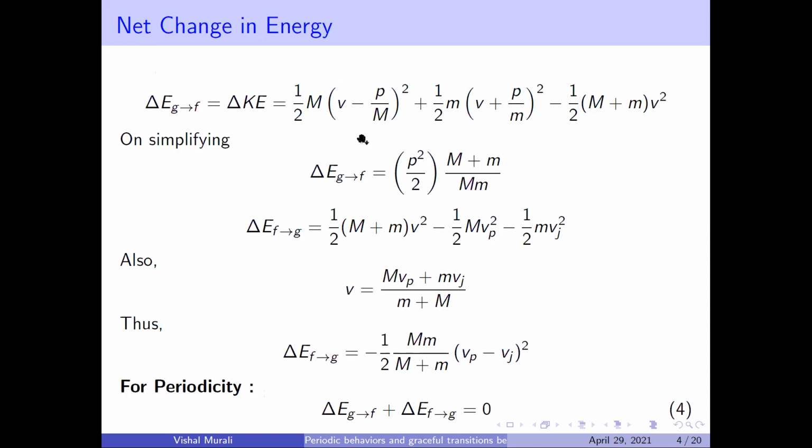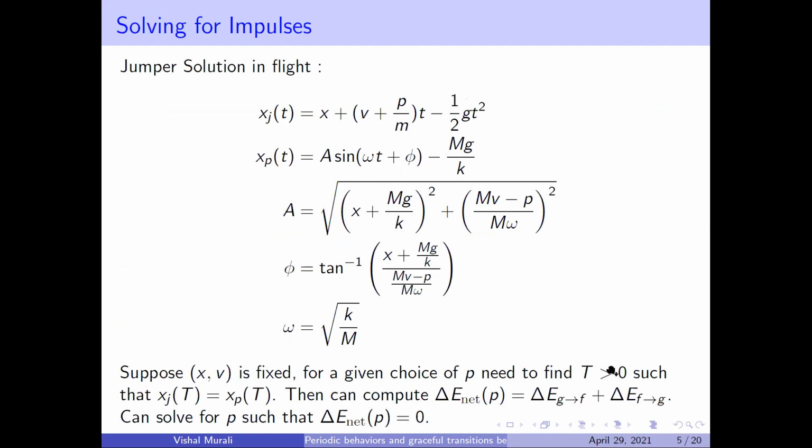And we can actually compute explicitly what the energy should be. So these are some of the expressions for that. This is the energy that is gained when we transit from ground phase to flight phase, and this is the energy that is lost due to impact, which is negative. So here the energy is positive and here the energy is negative. And for periodicity, we need this to be exactly equal to 0. And we can use this. These are some of the expressions for what the jumper solution in flight phase would be, the jumper and the trampoline. And we can essentially solve for the impulse P such that the net energy is equal to 0